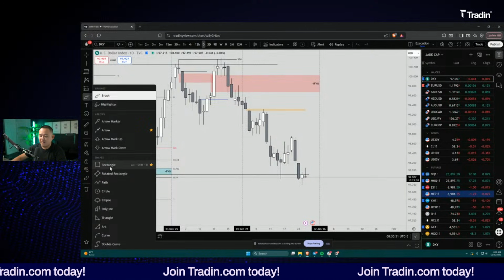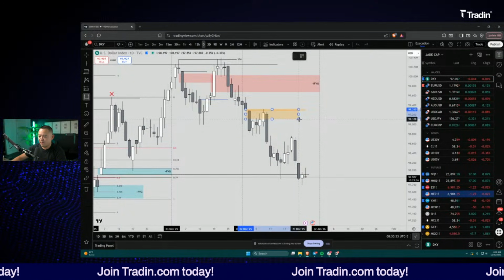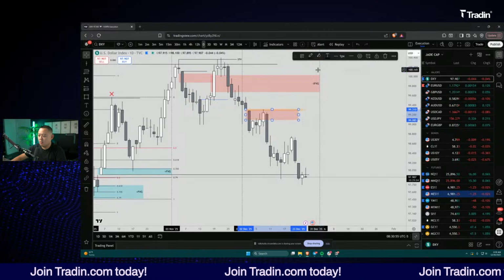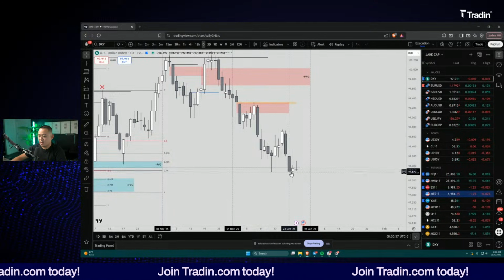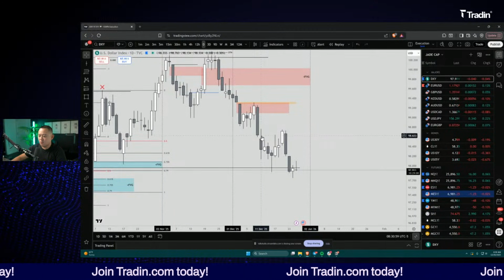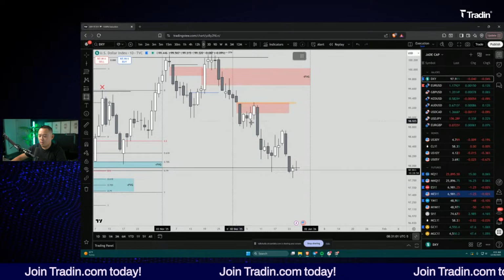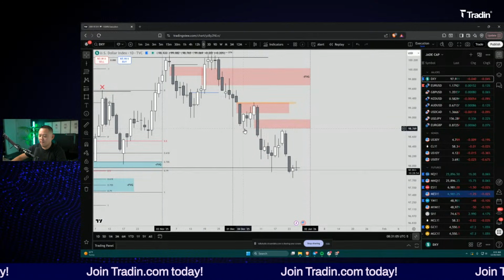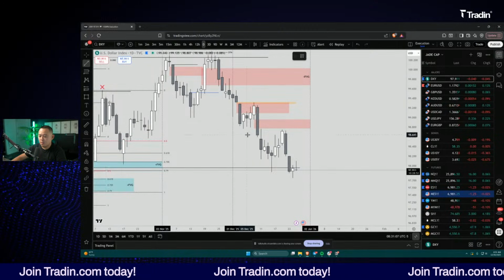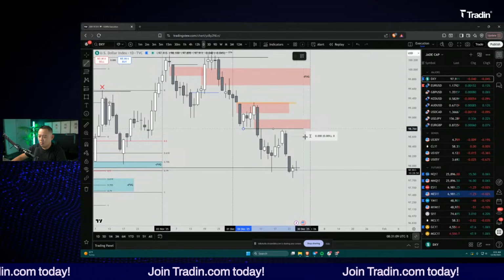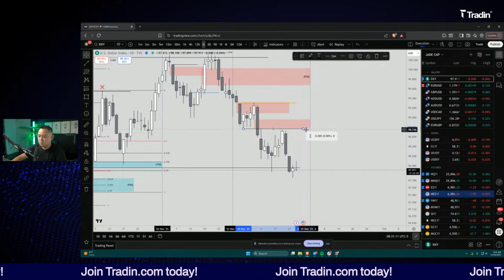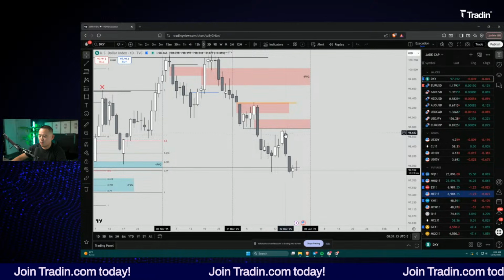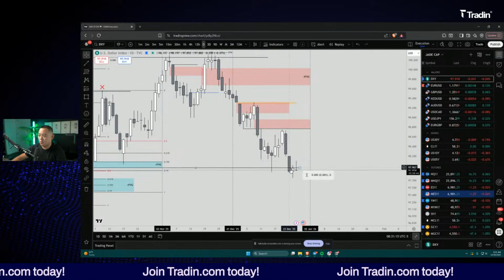So not only do we have that volume imbalance, it trades up into a fair value gap. And it's a nice breakdown lower. Here, we don't trade to the fair value gap, but we do trade to an old previous low. We have this old low that's here. It doesn't touch it, but it takes out this liquidity and then rolls over again.